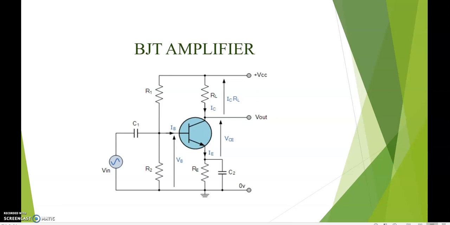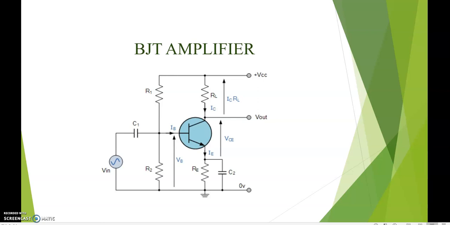A transistor acts as an amplifier when the input current caused by the input signal contributes to the collector current, which flows through the load resistance RL and results in a large voltage drop across it. Thus, a small input voltage results in a large output voltage, which shows that the transistor works as an amplifier.